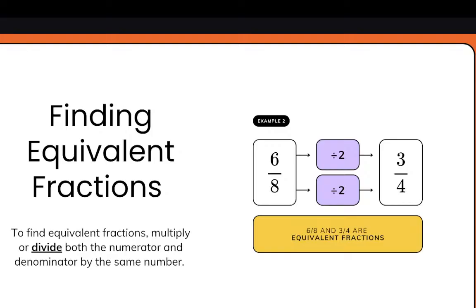So 1/2 equals 3/6. What if I multiplied it by 4? You would be getting 4/8 because 1 times 4 equals 4, and then 2 times 4 equals 8. Do you see the pattern? I hope so. To find equivalent,